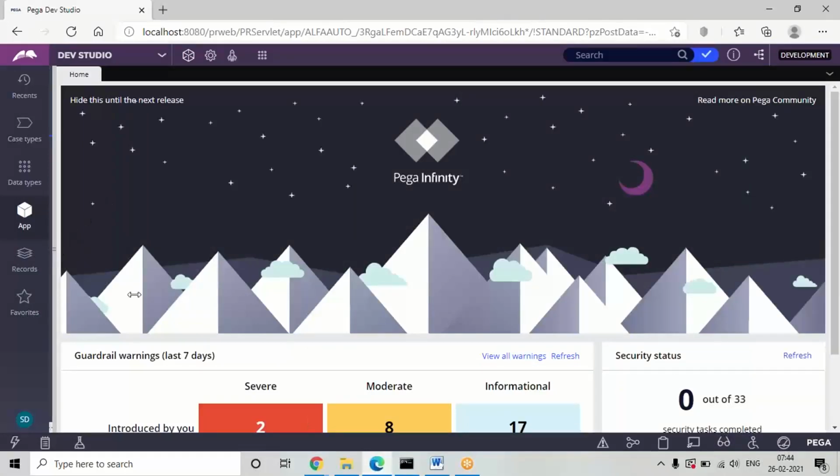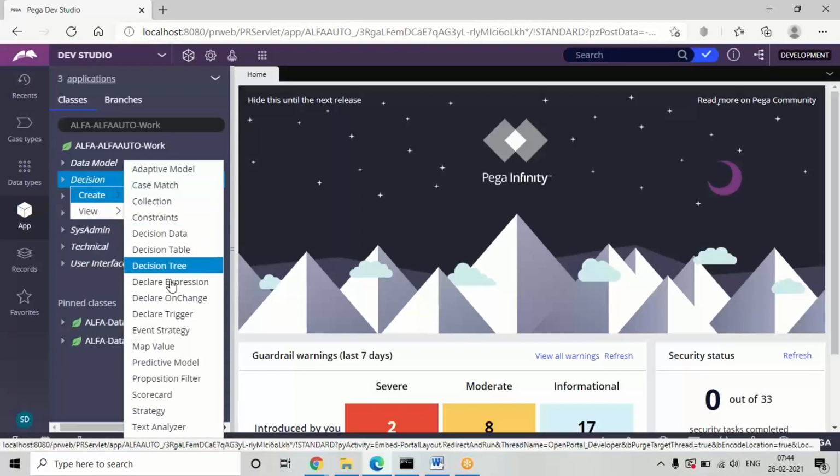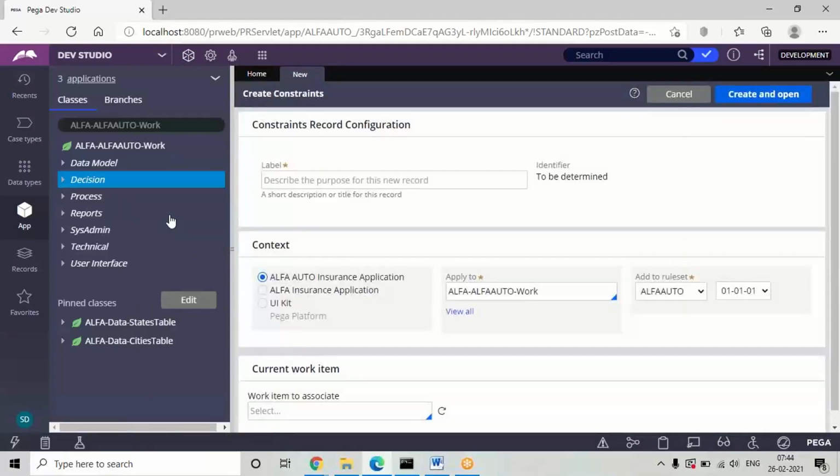See, all the declarative rules will open from the decision category. So under decision, you can choose these constraints. Click on constraints and give a name here.